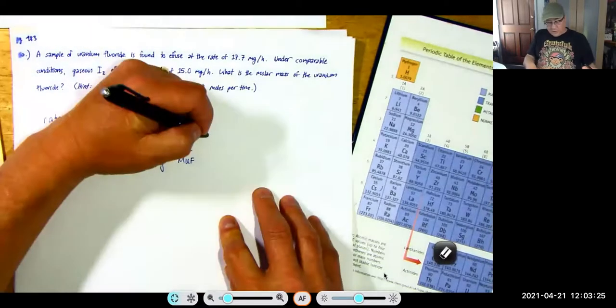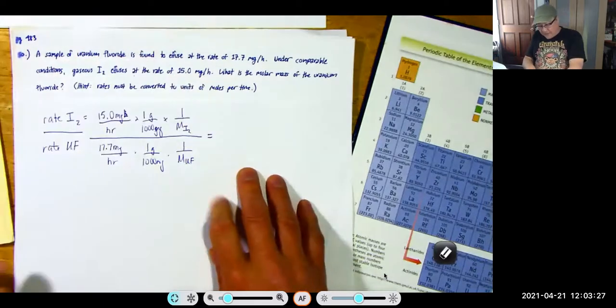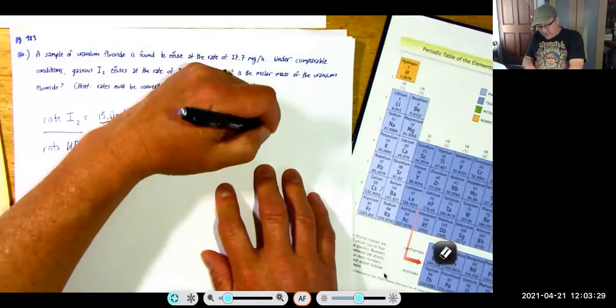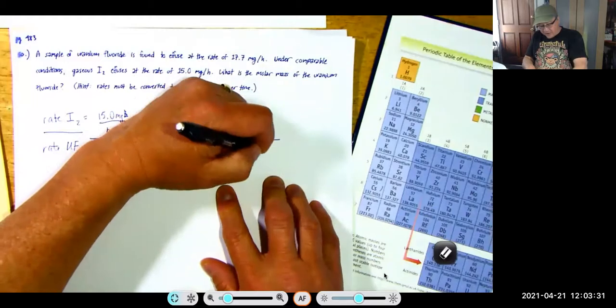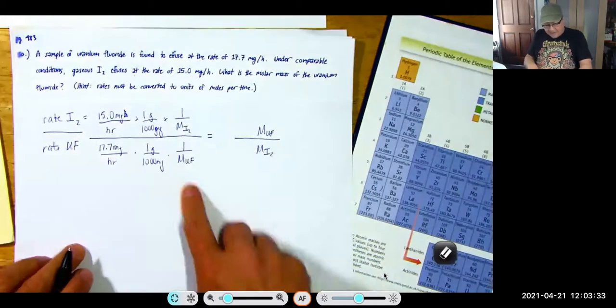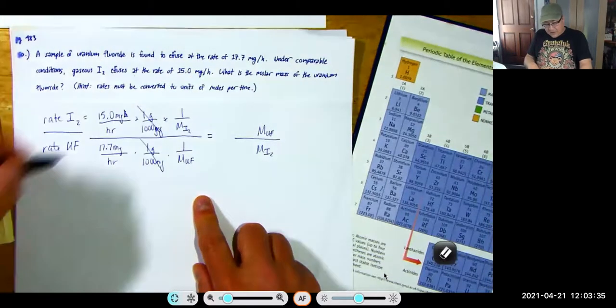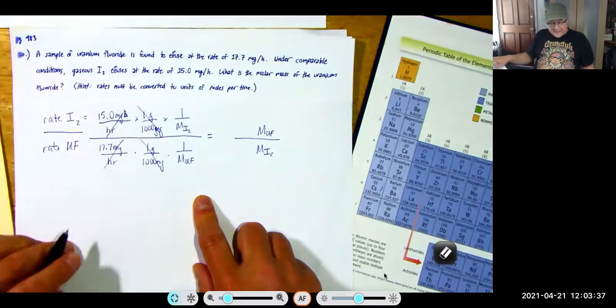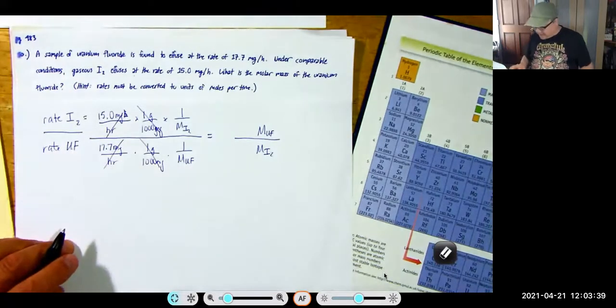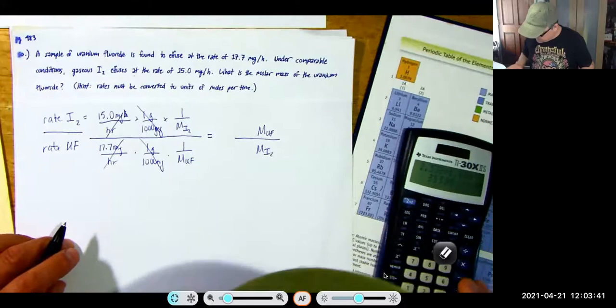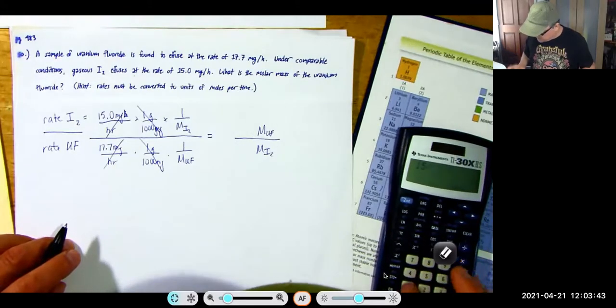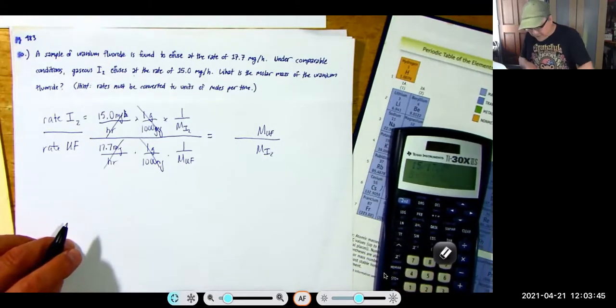Okay. So when we clean this up, we get the molar mass of UF over the molar mass of I2 because of all this stuff. These cancel, milligrams per hour cancel, and 15 divided by 17.7 is